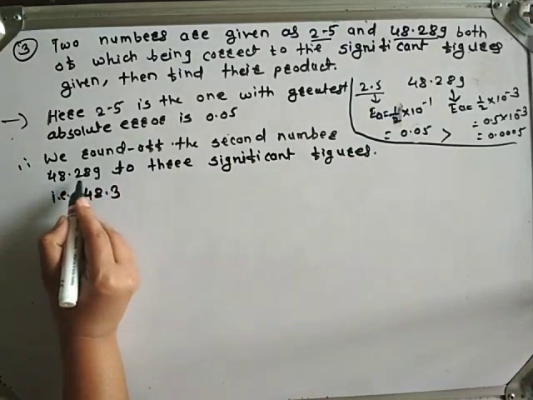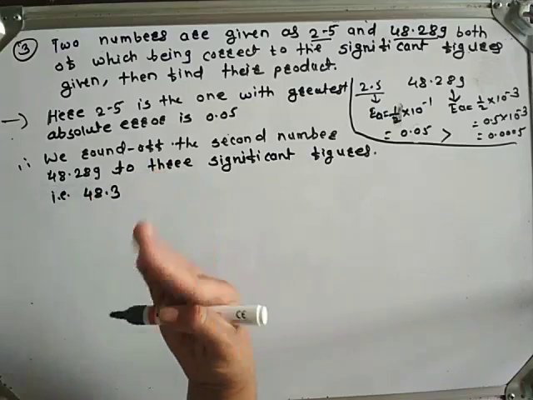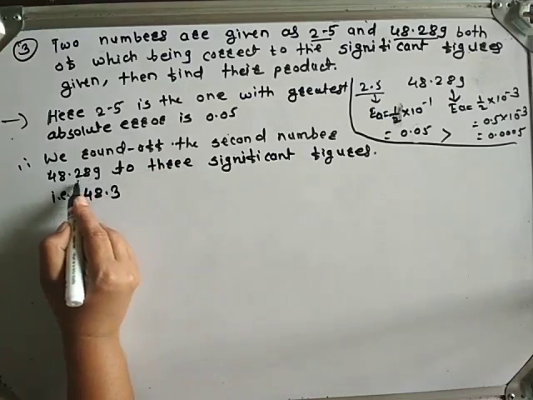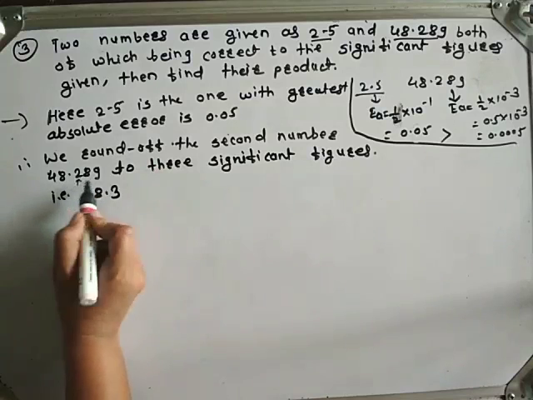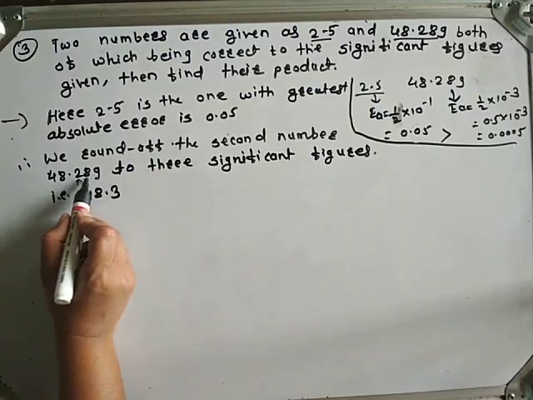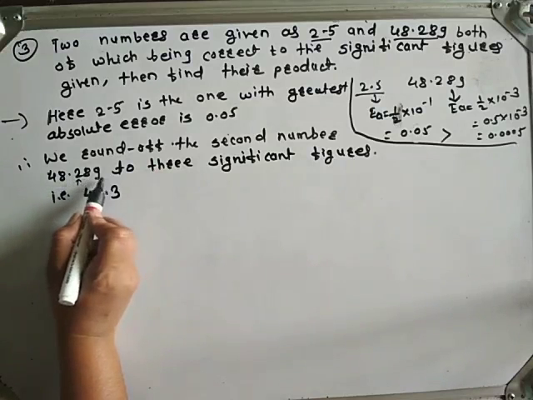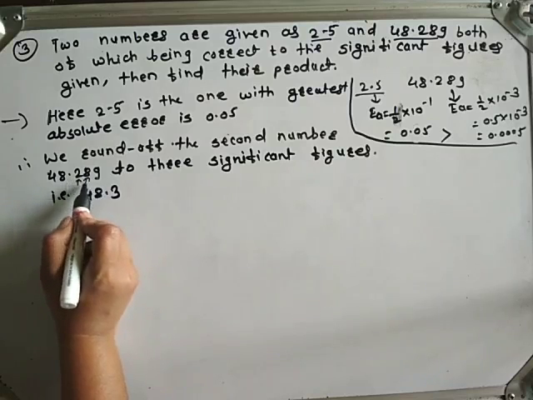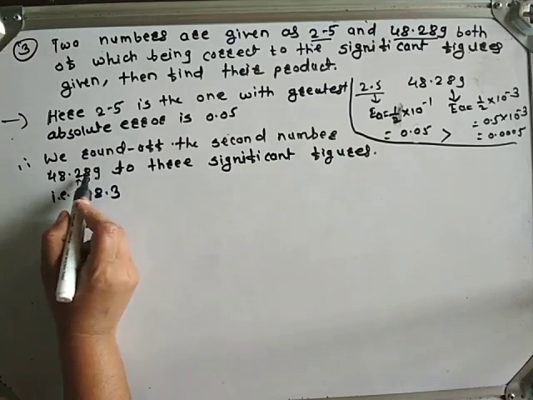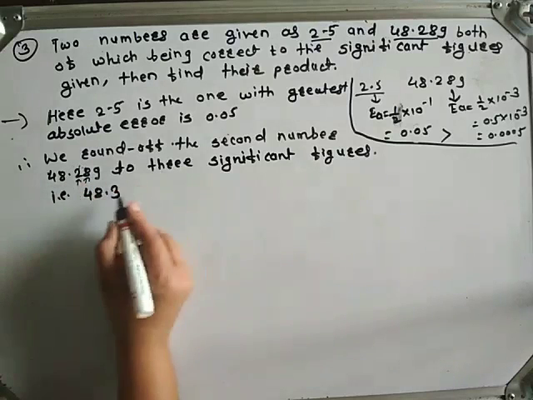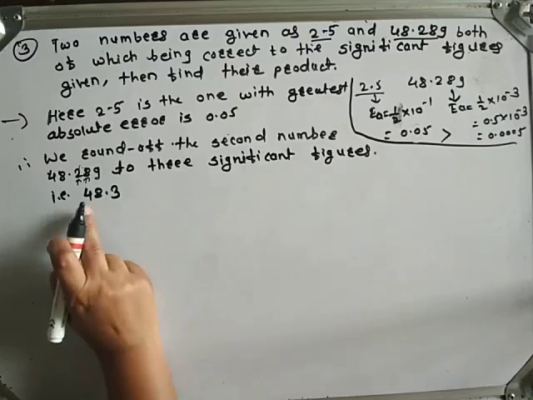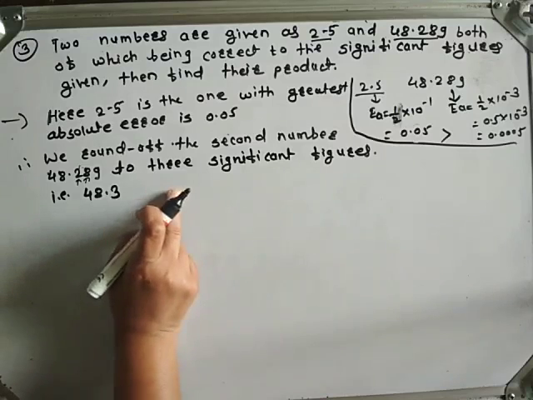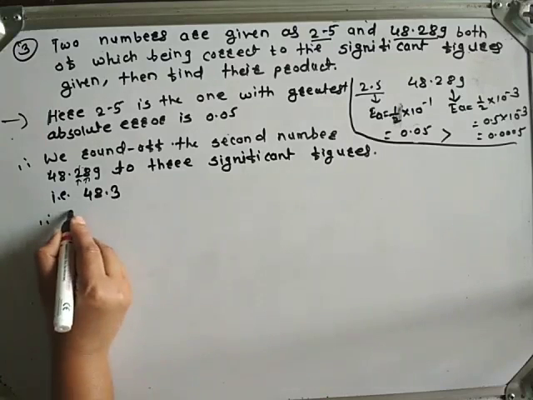48.3. See here, we have to round off this number to 3 significant figures, that is up to 2. After 2, we discard all the digits, but after 2, this number is 8, which is greater than 5, therefore we add 1 to 2, and the rounded number becomes 48.3. Therefore, the required product is given by